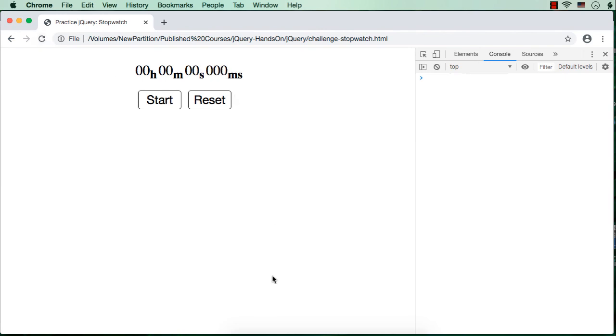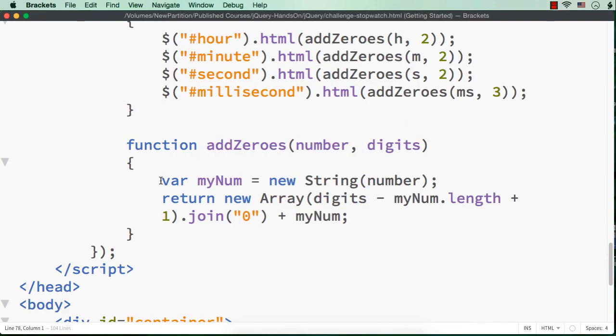So I hope you understand the logic we have implemented here to append the required number of zeros. When we need to have 1 zero, the length of the array should be 2, right? Suppose we want to have 2 zeros, then the length of the array should be 3. Then only when we join with 0, we will get 2 zeros. So with this we got the required number of zeros, and then we added 1 to that. So this is the length of the array, and then we joined 0 with that, which means if we want to have 2 zeros, this will return 2 zeros.